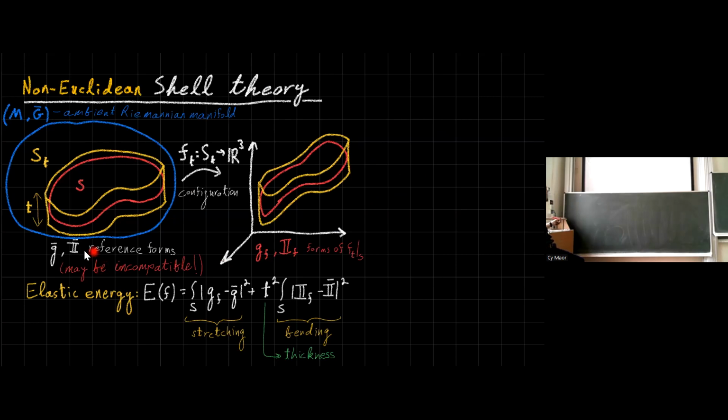So while the first and second fundamental forms of S are incompatible in R3, they are compatible in some abstract Riemannian manifold. So I can think about S living in some ambient Riemannian manifold. Then I can think about this thin elastic body that is part of this Riemannian manifold. This is our three-dimensional body. Okay, and now we have a three-dimensional Riemannian manifold with a certain metric.